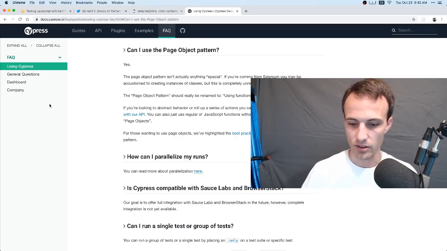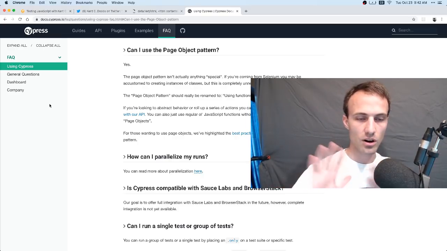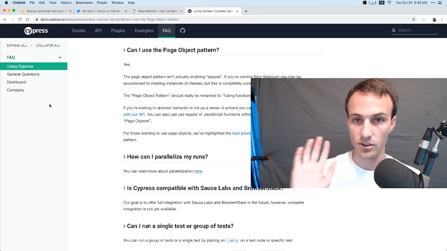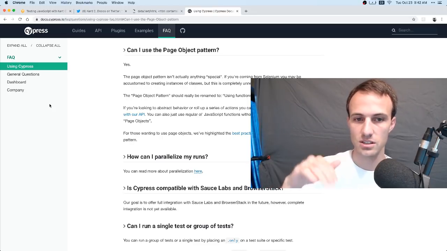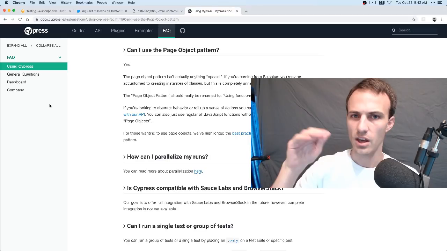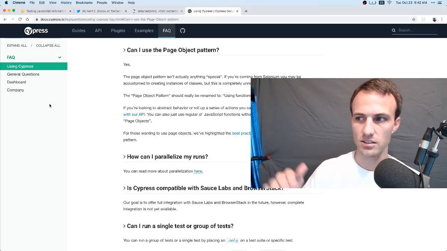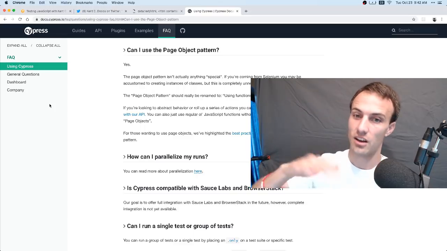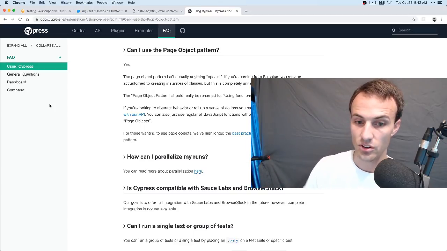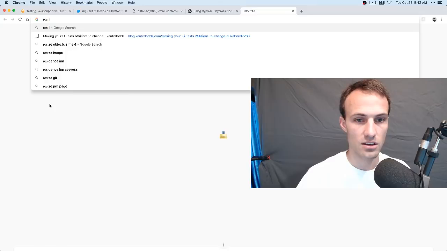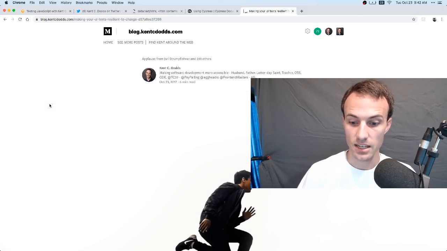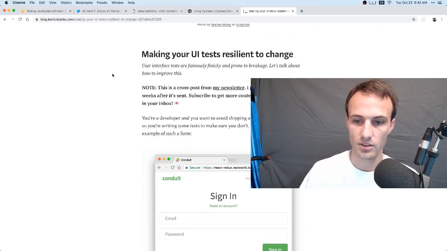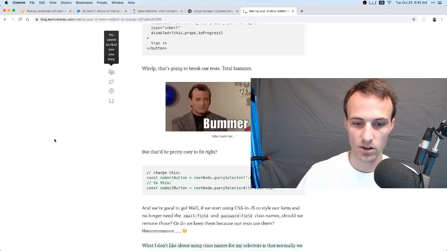So the problem is that if you put all of the logic inside of your test, then you're going to be duplicating that logic a lot. So finding these different inputs and stuff, these query selectors are really weird. They're using IDs and class names and things. And what if I change the class name? Well, now I got to go update a million places. So that's why I say to use data test IDs,